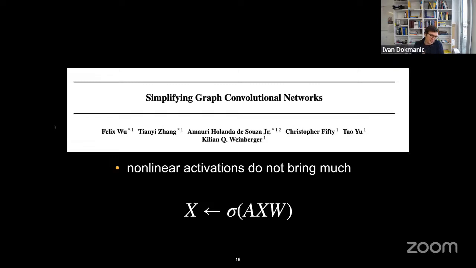And my intuition, which has something to do with reality, to try to explain why removing nonlinear activations doesn't hurt too much, is that in graph learning, both the features X and the graph A are themselves part of the input, right? And here we multiply them. So we're multiplying two pieces of input, which is simply not a linear operation. This is not linear in the input. Moreover, A is often constructed from features, or from something related to features, using some kernels and thresholding, etc. And then you can see that this is totally nonlinear.